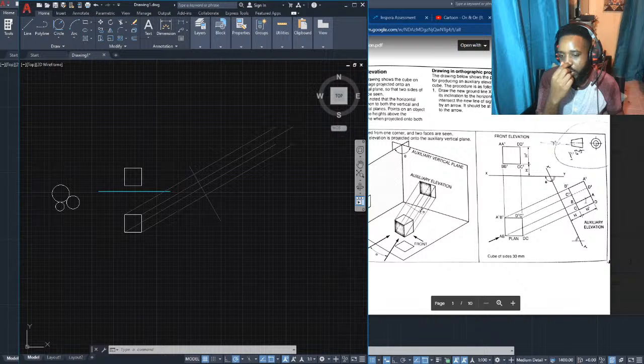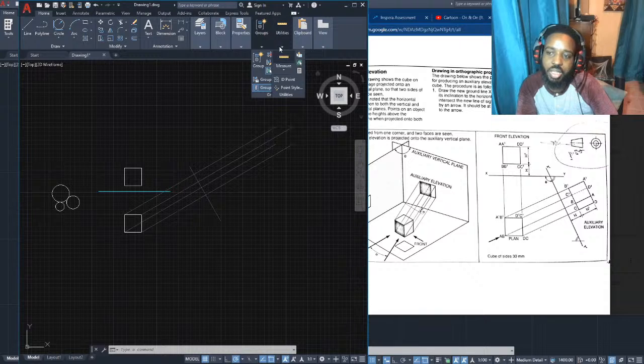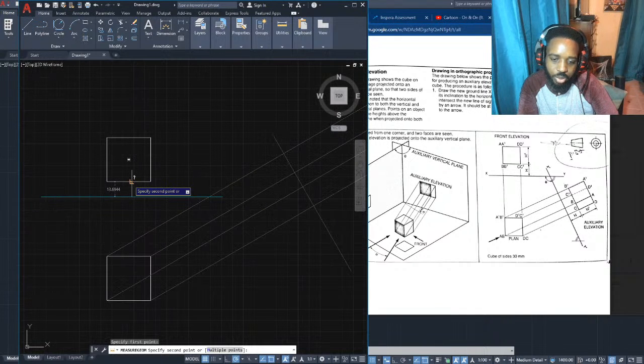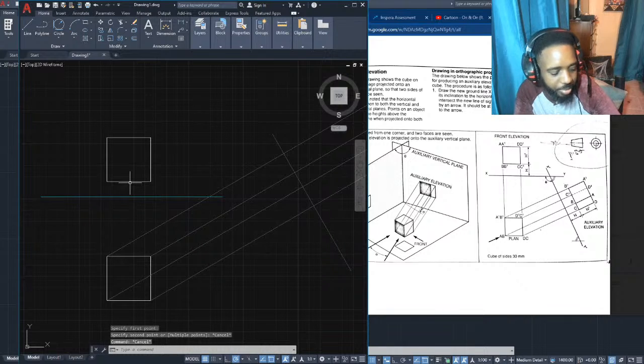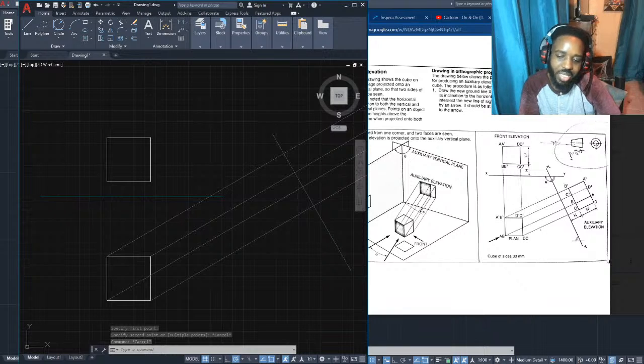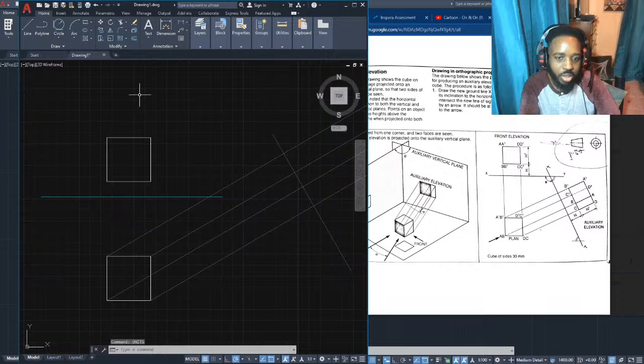So to get this view of the cube, what we need to do is measure a few things. So we can just measure the distance. Let's go to utilities and measure the distance from here to this point. Actually, let me turn off my decimals because I don't want to have any decimals. It's just time consuming. So I'm just going to change my precision to 0 so I don't have all these decimals to deal with. I set it to 0 so I won't be having any decimals now.